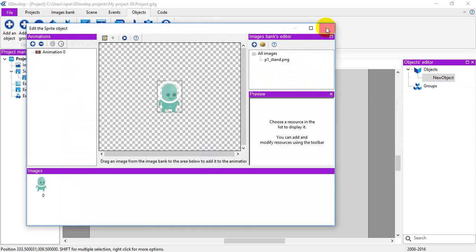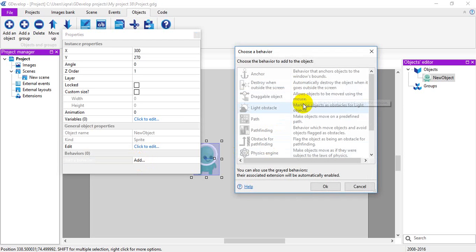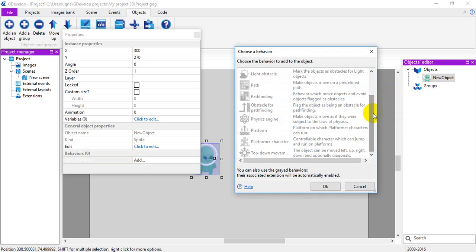You can also add behavior here. So what is behavior? You can click add, so you can see all of these behaviors. This behavior is obviously how the object would behave.